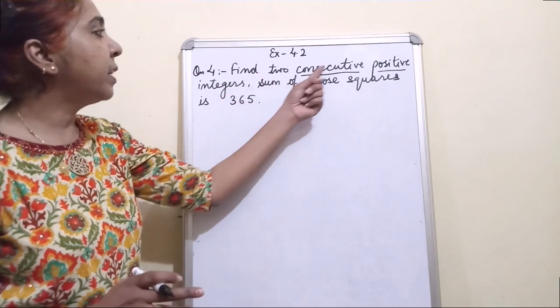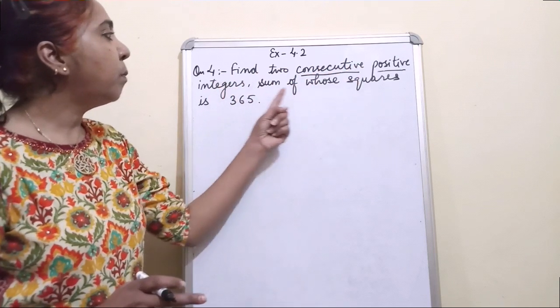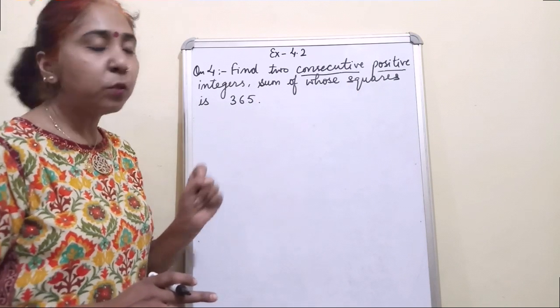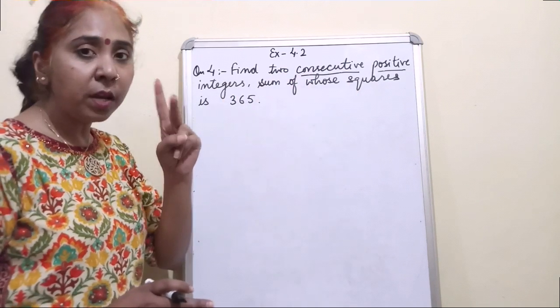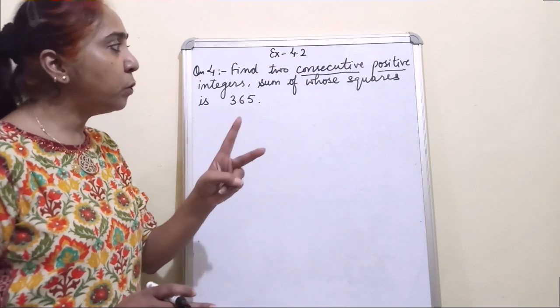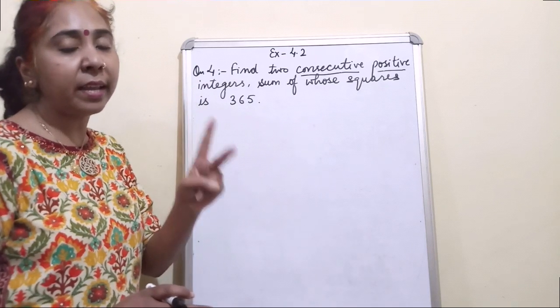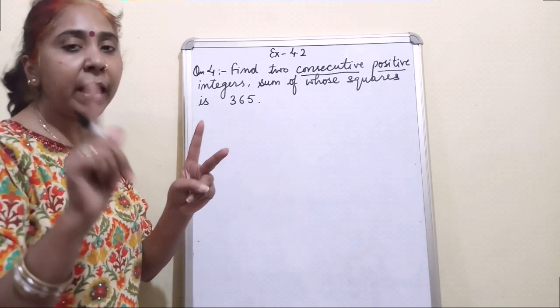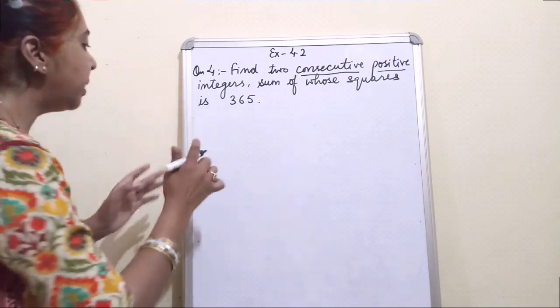So find two consecutive positive integers, the sum of whose squares is 365. First of all, we have to suppose two consecutive integers. I told you that the two consecutive integers you can take in the way that the difference should be 1 only. The gap should be 1. So if I'm taking here,